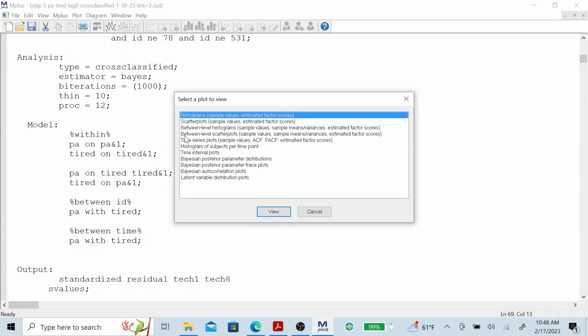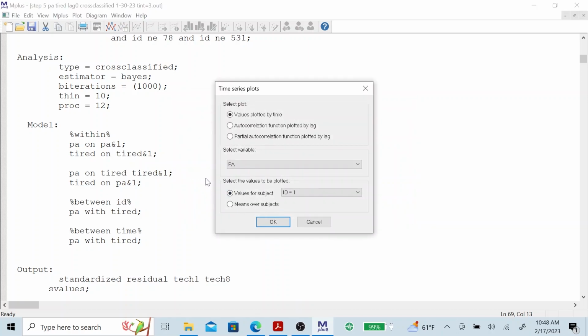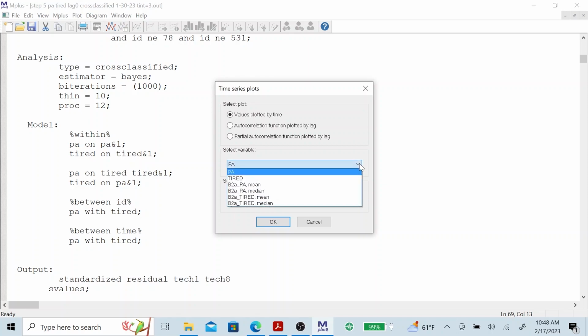Now we're going to take a look at the time series plot, focusing on the last possibility here, the estimated factor scores, which vary over time because we have a cross-classified analysis. And we're going to take a look at the variables available to us. We have the PA and tired random effects, and also the B2A PA and tired. I'm going to take a look at B2A for the